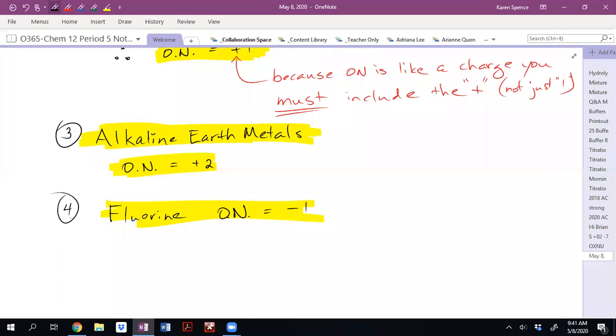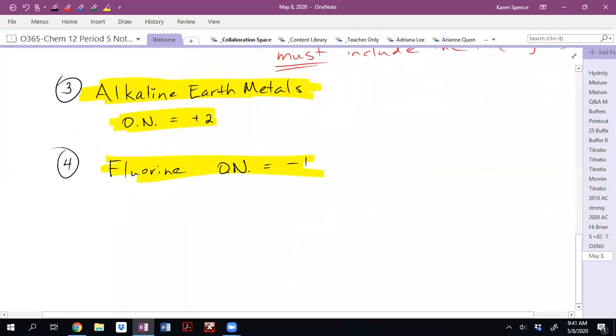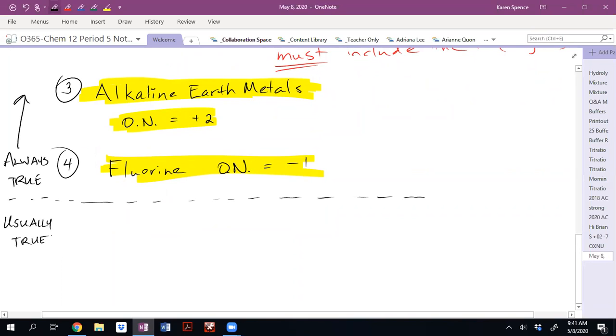When we start getting into the next ones, we get rules that are true most of the time, okay? So I'm just going to draw a line between the ones that are always true and the ones below here, which are usually true. There are exceptions though. Okay, so number 5,